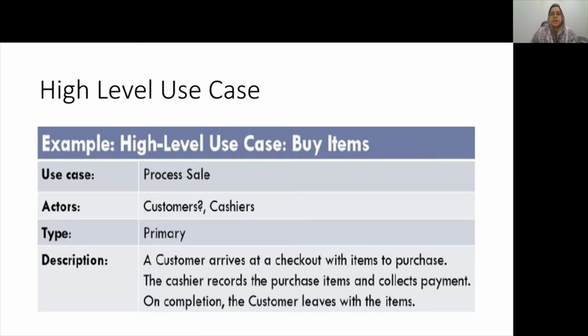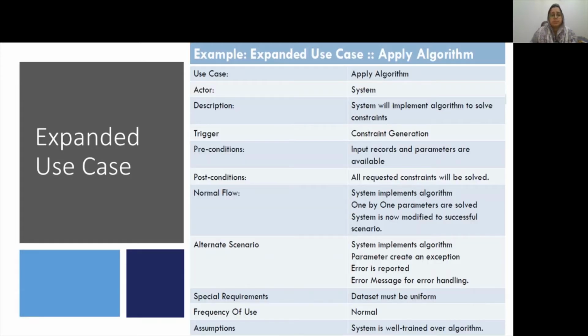Let's see the expanded use case. A UML expanded essential use case is a more detailed description of the processes used to accomplish the system functions. An expanded use case is built upon a high level use case. Typical events will happen 80% or more of the time, and alternatives will happen only 20% or less of the time. The actors involved with initiating are defined in the actor section.